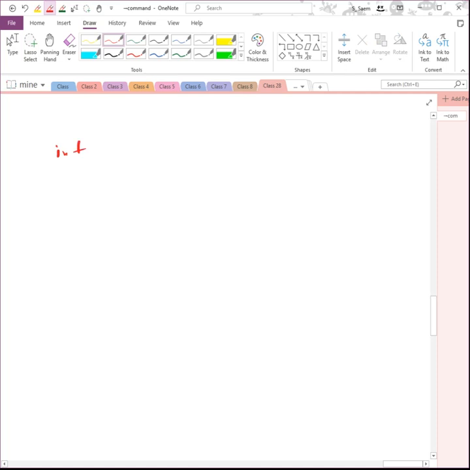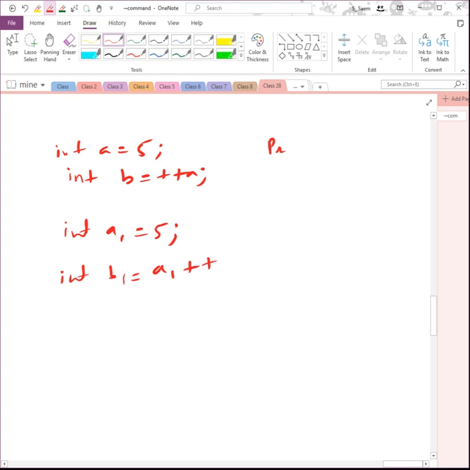So here, suppose int a equals 5, int b equals ++a, and int a1 equals 5, int b1 equals a1++. So for pre-increment and post-increment,